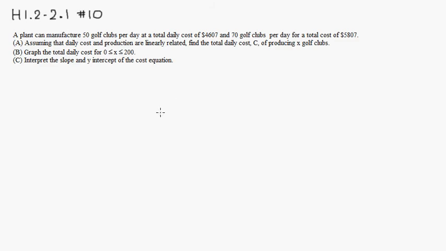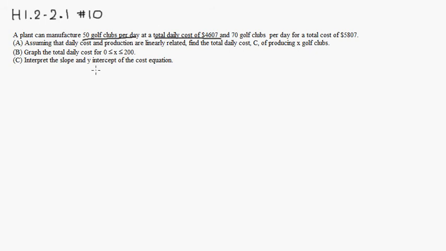Okay, I would like to go over homework 1.2 and the 2.1 problem number 10. So this is a golf club manufacturer, and they're talking about their daily cost. Here's the information: making 50 golf clubs per day will result in a total daily cost of